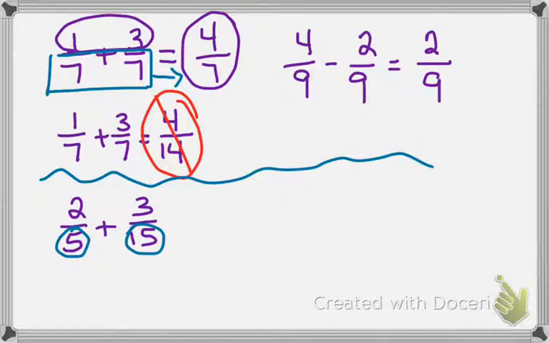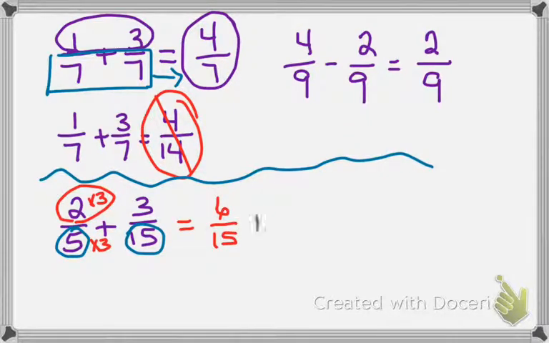So my least common denominator would be 15. So we need to make sure that we are multiplying by 3 and by 3. So my 2 times 3 would become